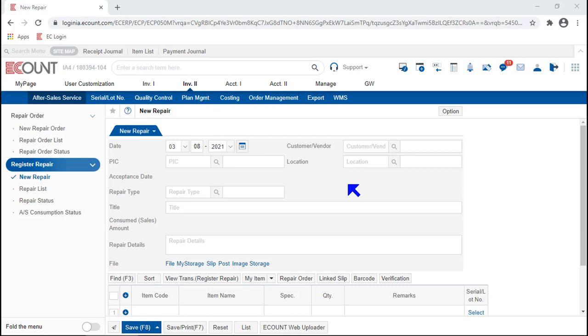In this video, we will discuss Inv.II, After Sale Service, New Repair Menu. By using New Repair Menu, you can enter data when you finish service for the repair orders from your customers. And without having to enter data through New Repair Order menu, you can directly go to New Repair Menu and